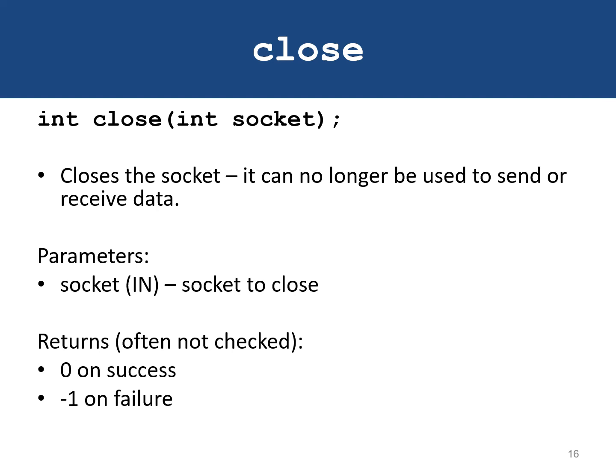Once the communication is done, we use the close function call for closing the socket. Once the socket is closed, it can no longer be used to send or receive messages. To close the socket, we simply need to pass the socket file descriptor as a parameter to the close function. If the close call succeeds, it returns a value of 0 on success. If it fails, or if there is an error, a -1 is returned by the close function.